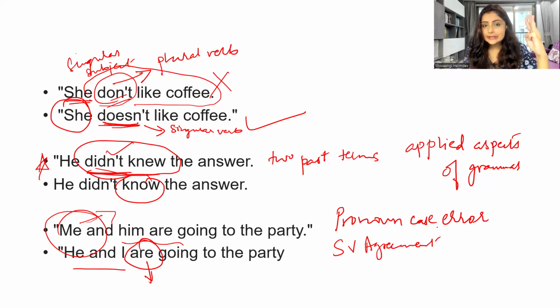So these were three simple sentences that I have presented to you. And with the help of these three sentences, I'm sure you have understood that grammar is important. When I say grammar, I'm not just talking about the theory of grammar that you have been focusing on in your school syllabus. I am talking about the applied aspects of grammar. So if you want to get your English correct, you have to know applied aspects of grammar.